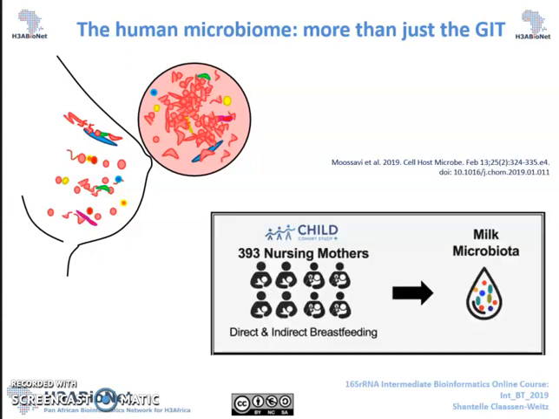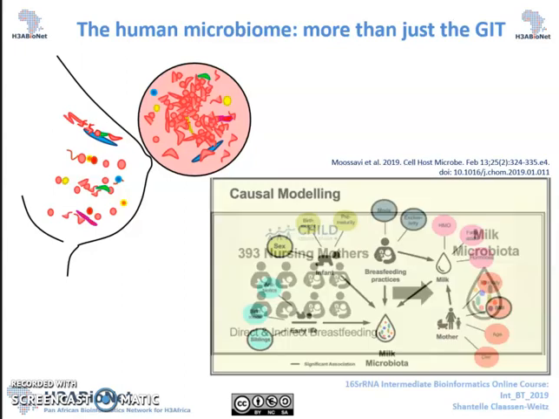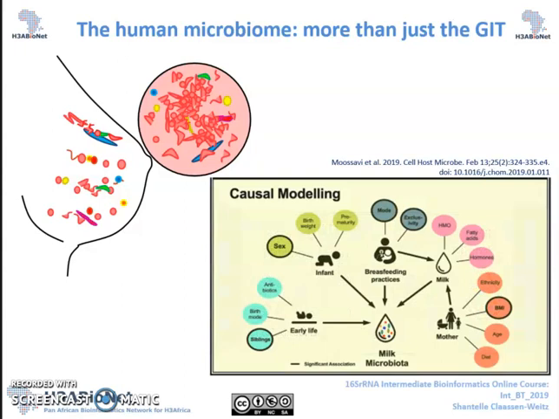Musavi and colleagues investigated the milk microbiome of 393 nursing mothers in order to determine potential determinants of breast milk. Using causal modeling, their results suggest that multiple maternal, infant, and environmental factors interactively influence milk microbiota composition. Most strikingly, they found that indirect breastfeeding and pump expression were consistently associated with milk microbiota composition, highlighting the importance